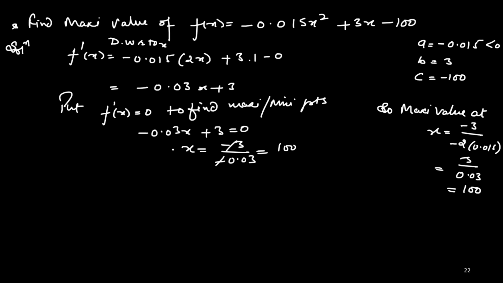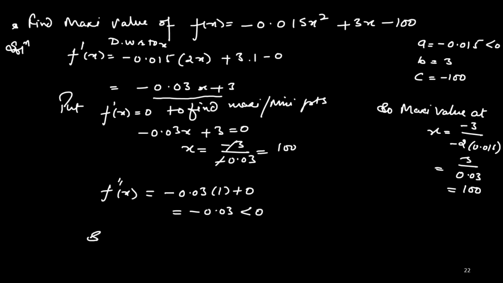To check maximum or minimum, in the case of derivatives, we find the double derivative. What's the double derivative of this? It is the derivative of the first derivative. It is minus 0.03 times the derivative of x, which is 1, plus the derivative of 3, which is 0. So the answer is minus 0.03, and because it is negative, when the double derivative is negative, we can say it has a maximum value